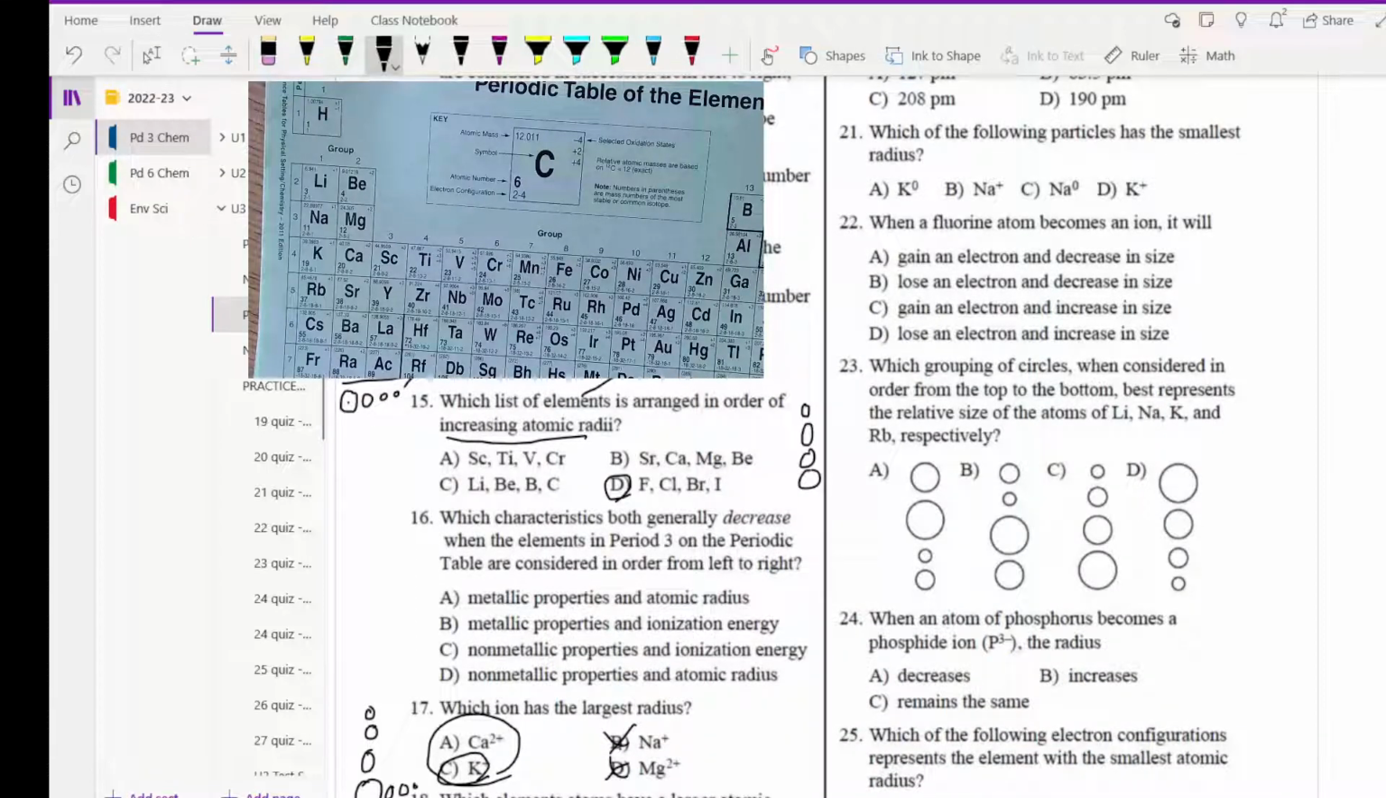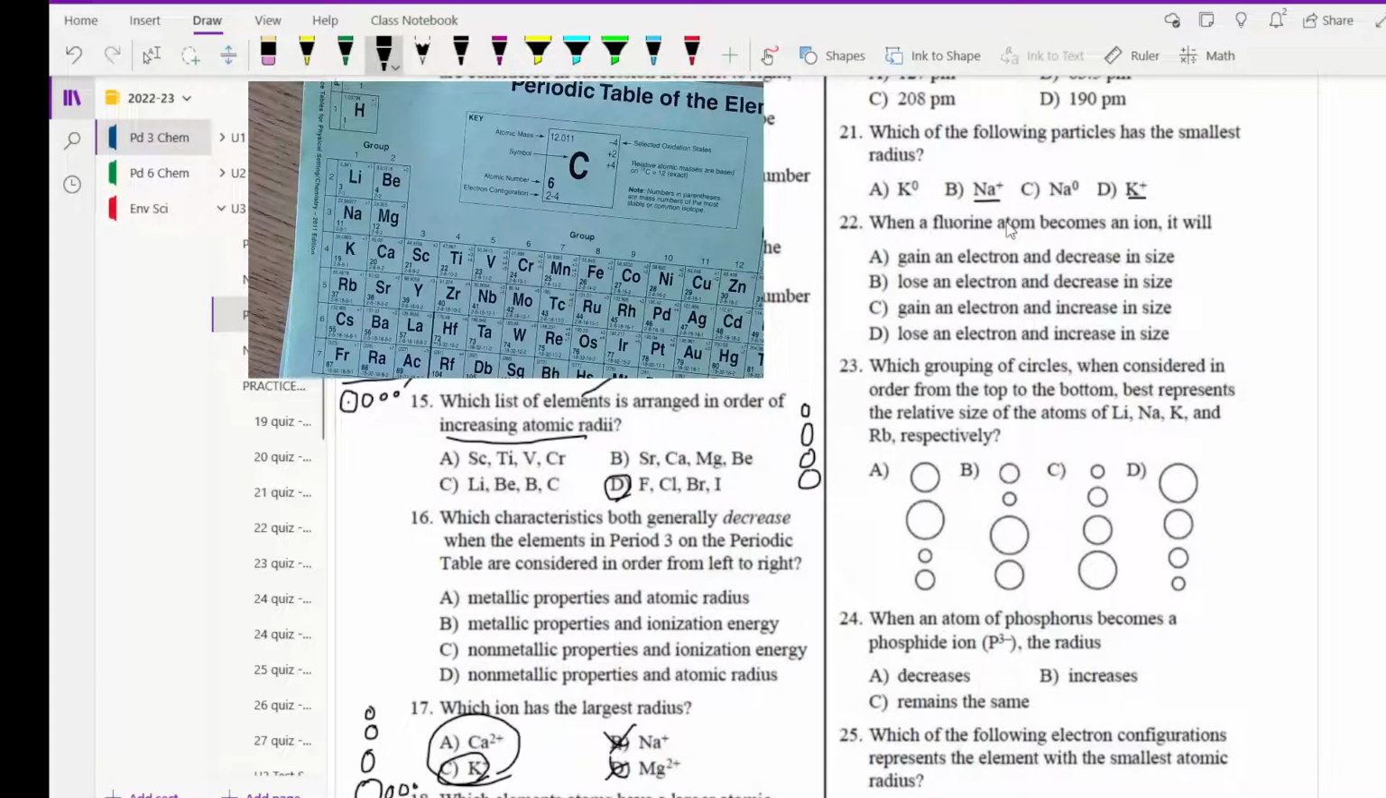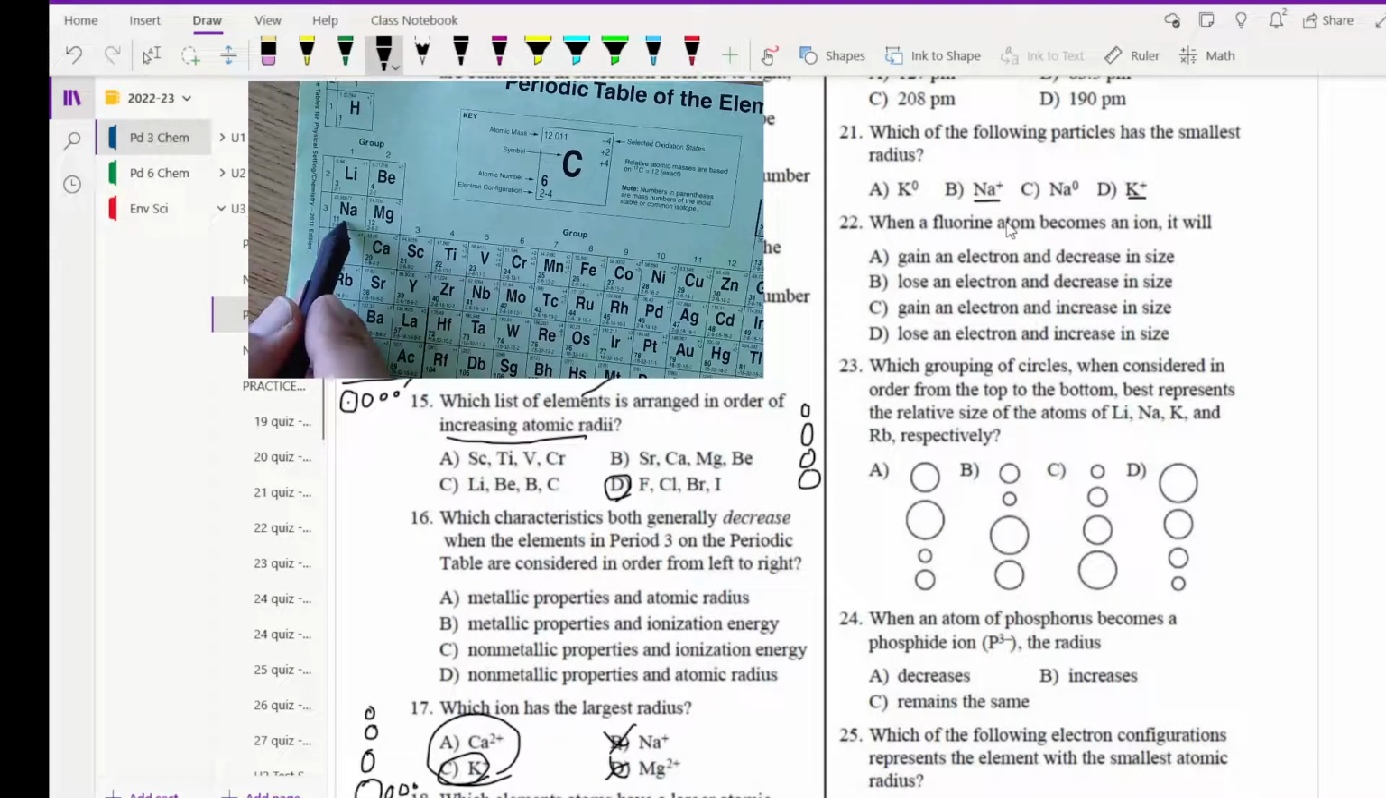The first thing you want to think is that the ions that have lost an electron probably have the smallest radius, and so you want to zero in on those. Then we just take a look at the periodic table and say to ourselves, well, there's sodium, and I'm comparing it to potassium. And if you recall, all things being equal,